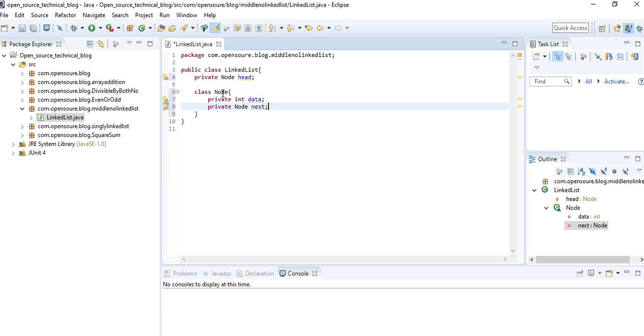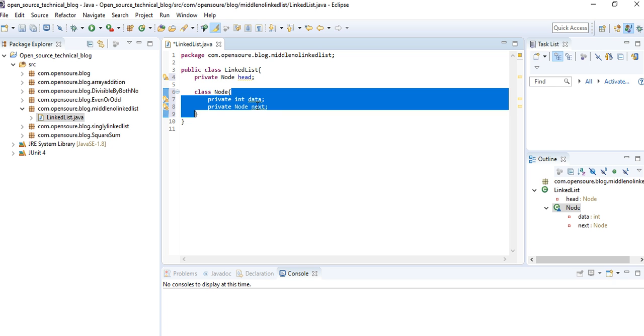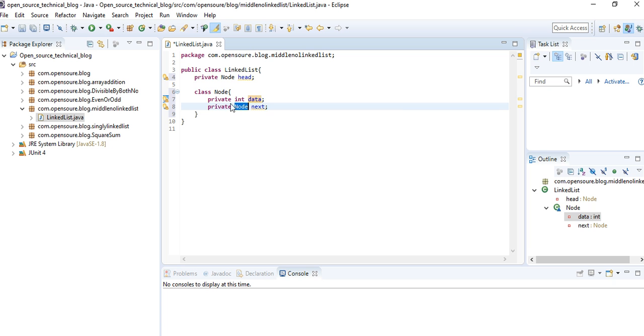So I created a class called node having this data member data, and this is of node type, which is next. Then we'll create a constructor.